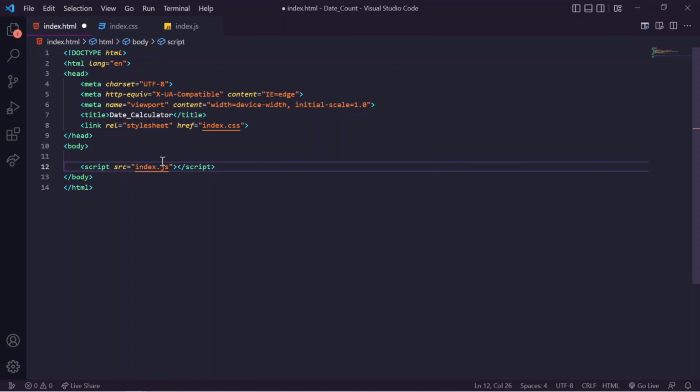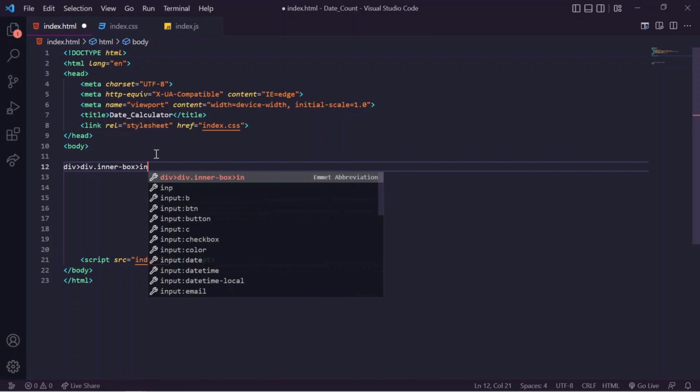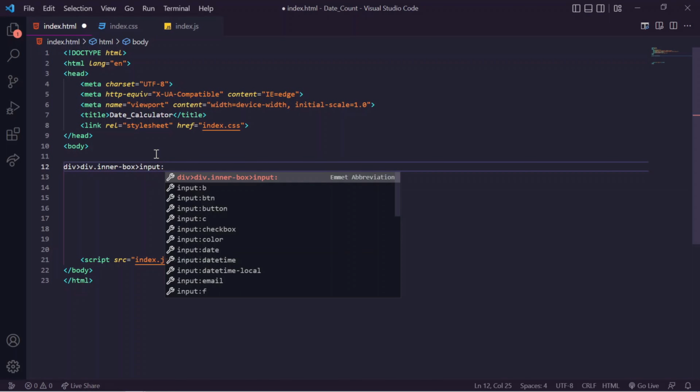Next I am going to do the HTML work. So here I am going to create a div. Inside this div I am going to create another div. This div contains a class, and that class name is inner box. Next it contains an input tag which is date time,